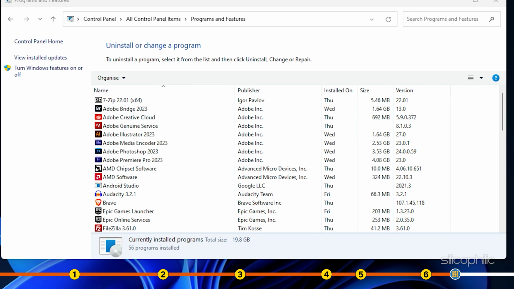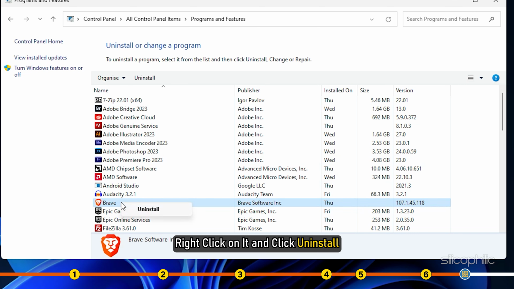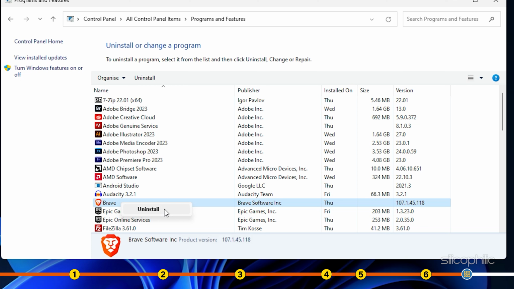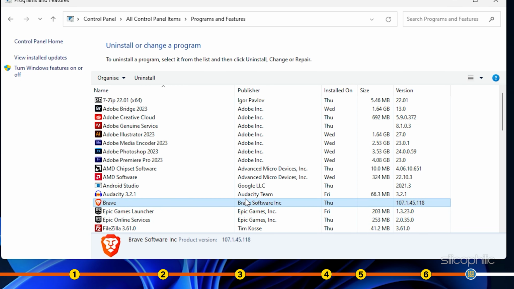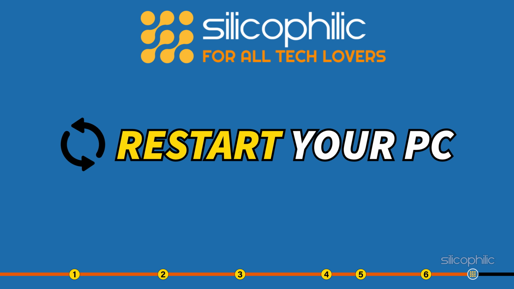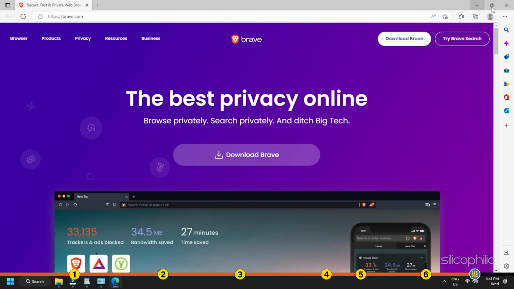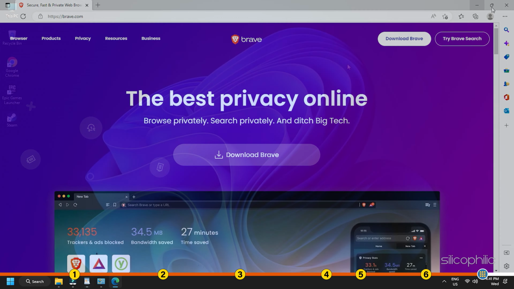From the list of all the installed programs, scroll down to find the problematic app. Select it, right-click on it and click Uninstall. Restart your PC. After the PC restarts, reinstall the app from Microsoft Store or its official website only.